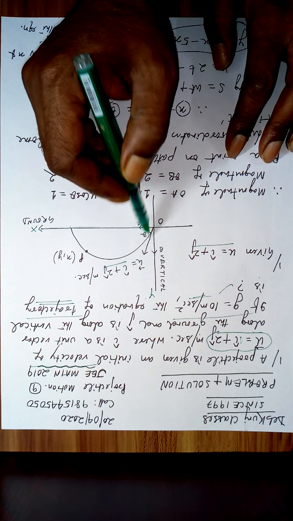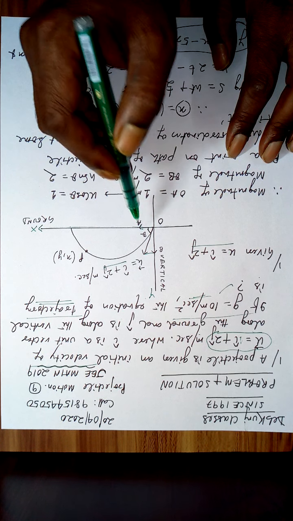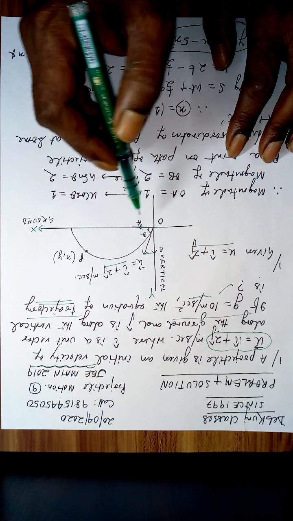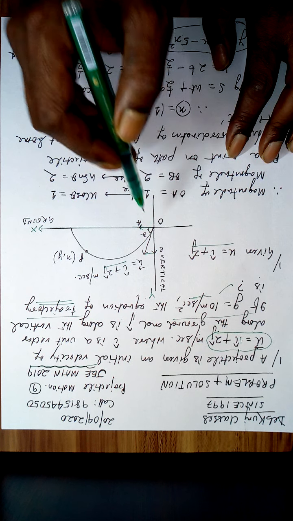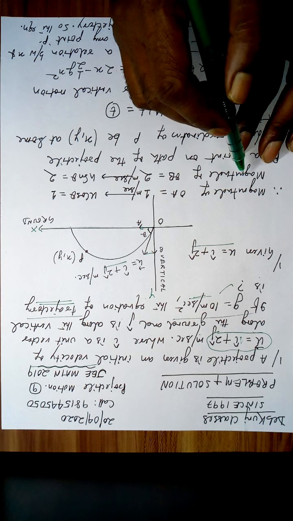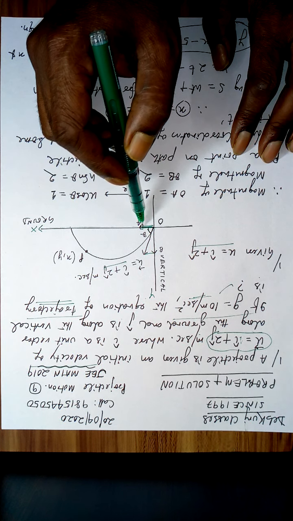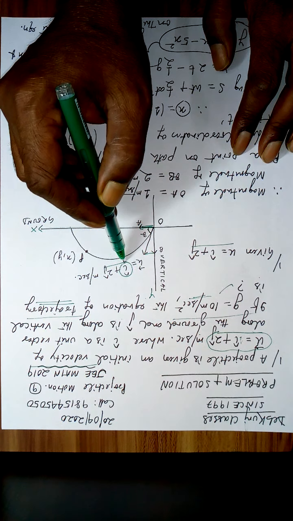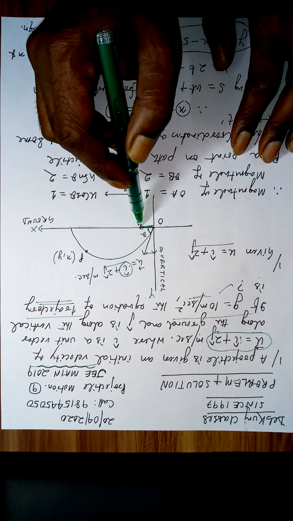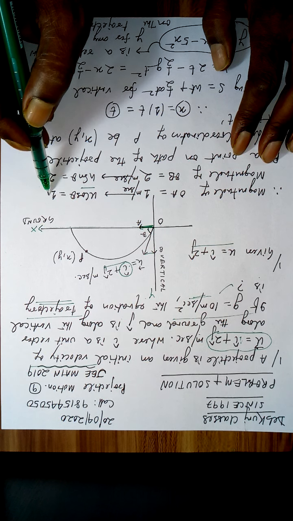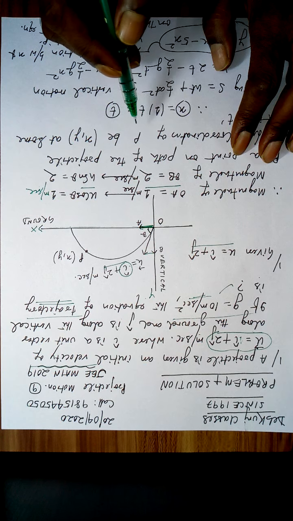So the components of this u: this is your vertical component, this is your horizontal component. If this angle is theta, this much, OA, will be u cos theta and this much will be u sin theta. How much is this along the x-axis? It is the coefficient of i, that is 1. So this OA, which is equal to u cos theta, is equal to 1 meter per second.